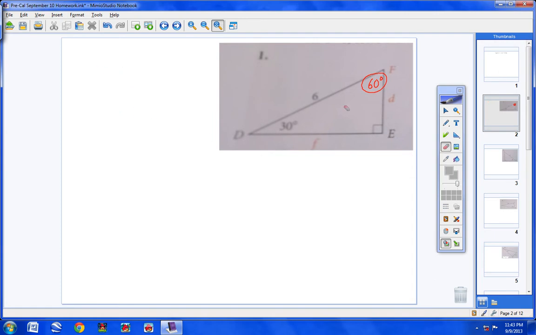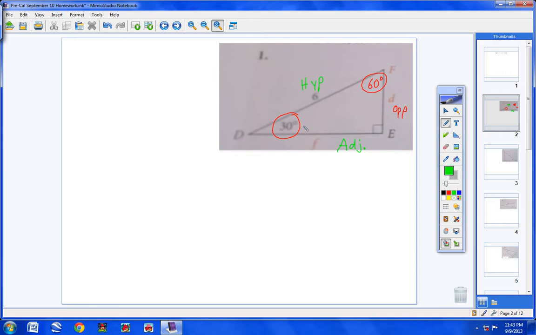It really doesn't matter which angle you choose to circle. I'm going to circle the 30. I really have no reason to do that. If I go straight across, this is now my opposite side. I'm going to switch colors so it shows up a little better. This is my hypotenuse across from the right angle, and this is my adjacent side. Okay, so based on this 30 degrees, I can use sine, cosine, or tangent to help me find one of